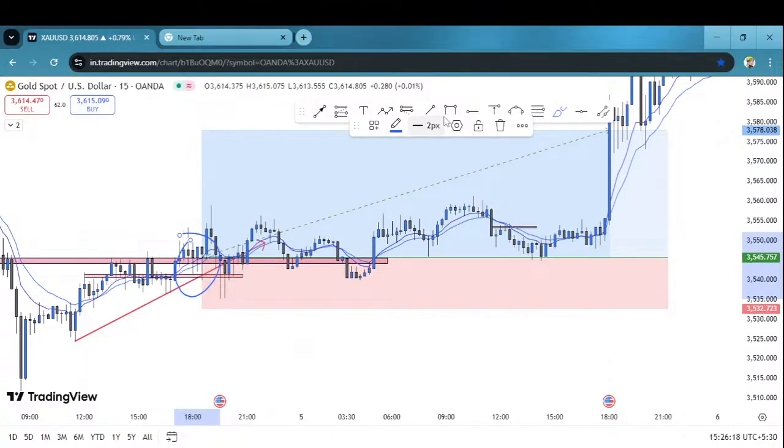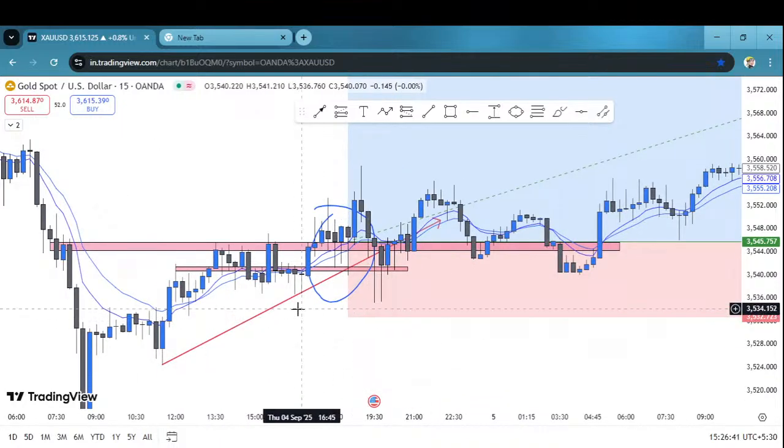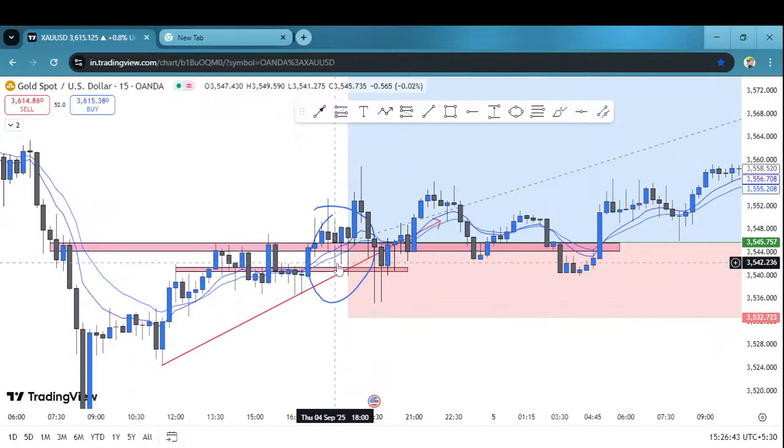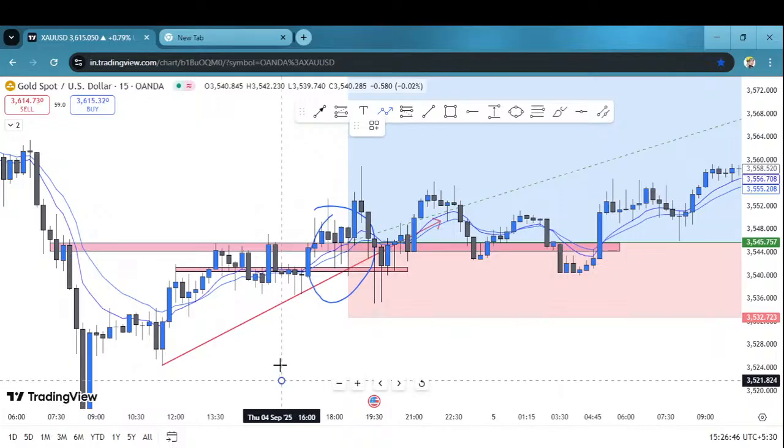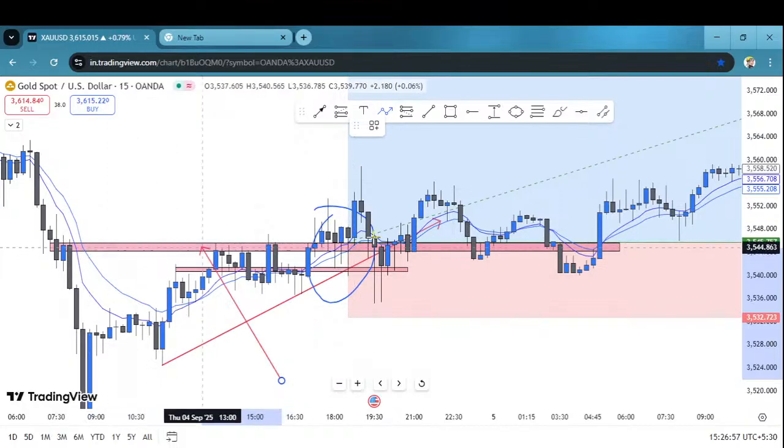For my entry signal, I always wait for an engulfing candle, or I wait for a hammer type of confirmation. But this should be on 5 minute, 15 minute, 30 minute, or it's greater on 4 hour, 1 hour. That's always better. So I was waiting for something to happen like that, and it happened just right here. The price has formed the upside hammer. You can see it here. After this, I was waiting for a little bit of retracement, and then I entered exactly on this zone,